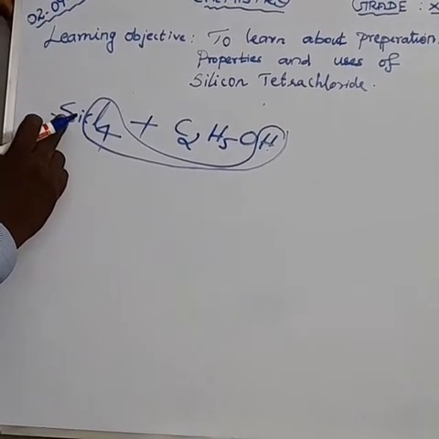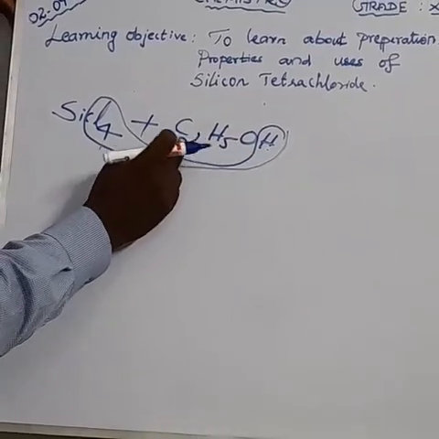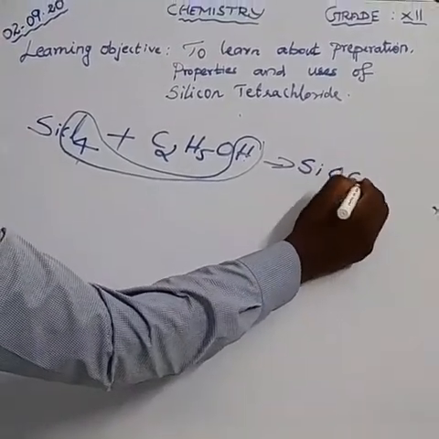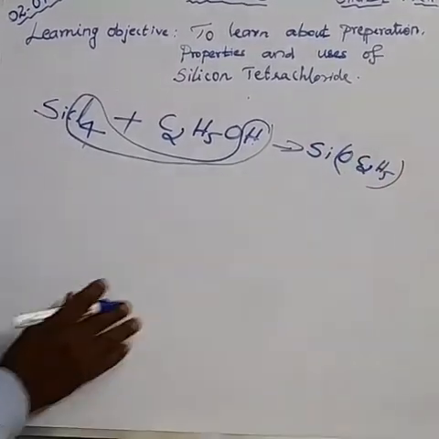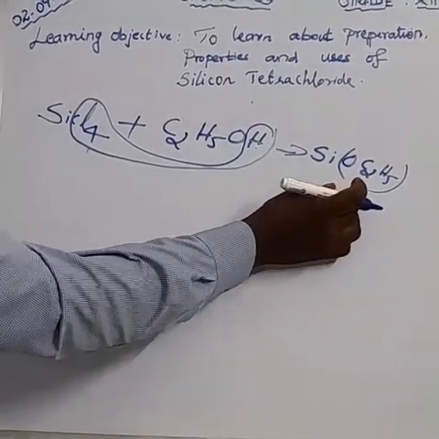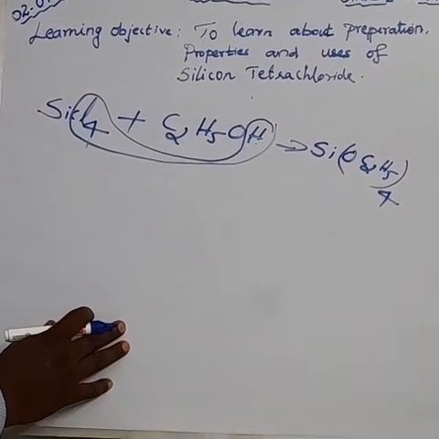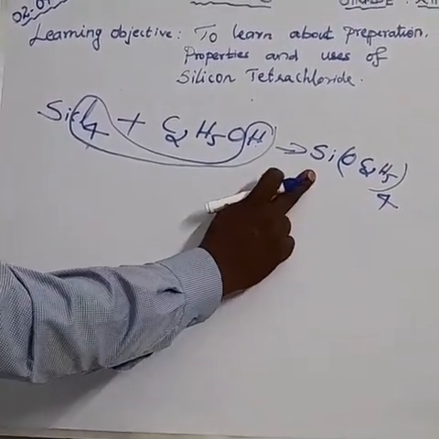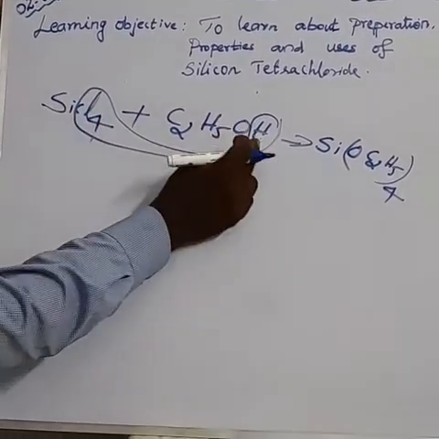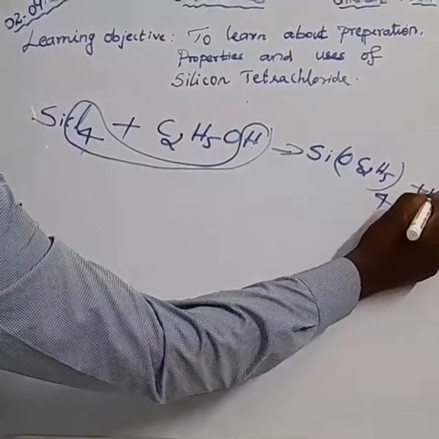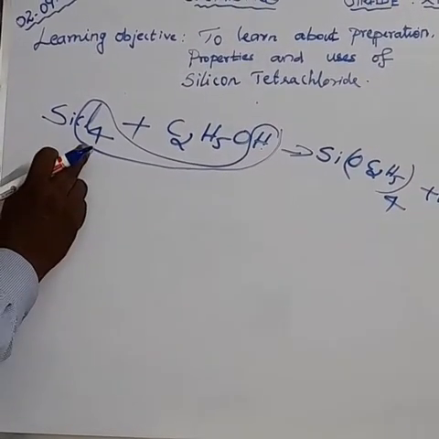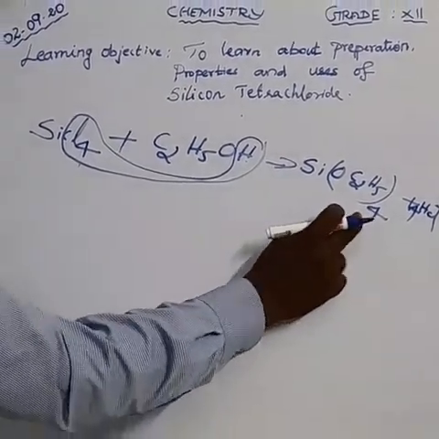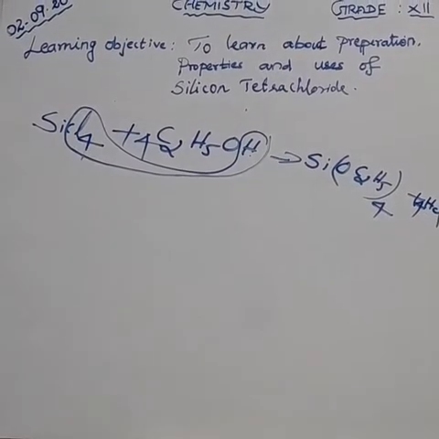So we get silicon, and this ethoxy group will be attached to silicon, that is SiOC2H5. One ethoxy group is attached there. The name of the compound formed is tetraethoxysilane. Then hydrogen combines with the chlorine to form HCl. How much chlorine is there? 4 chlorine, so 4 HCl. How much ethoxy is there? 4. Now the equation is balanced.